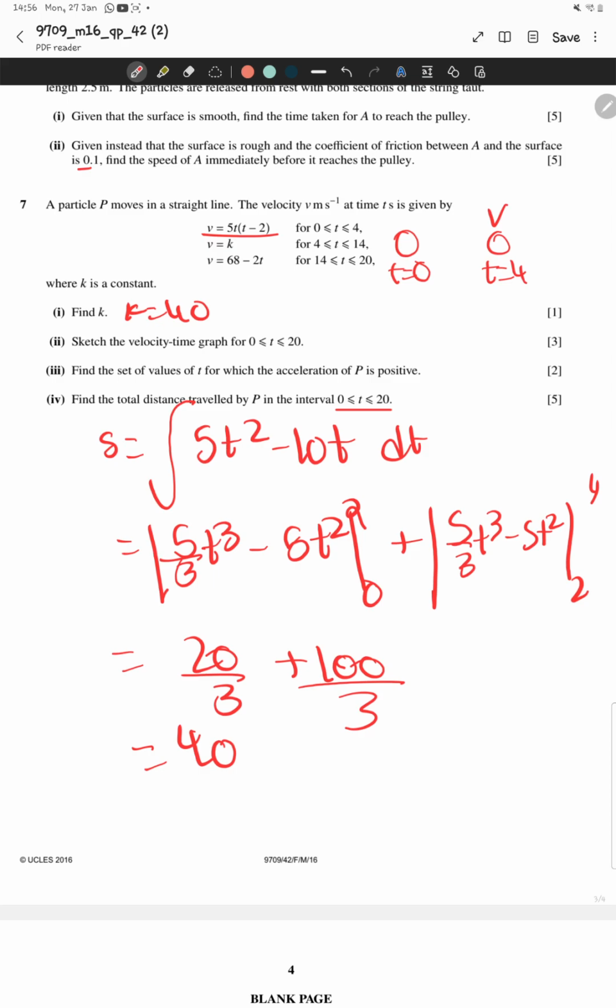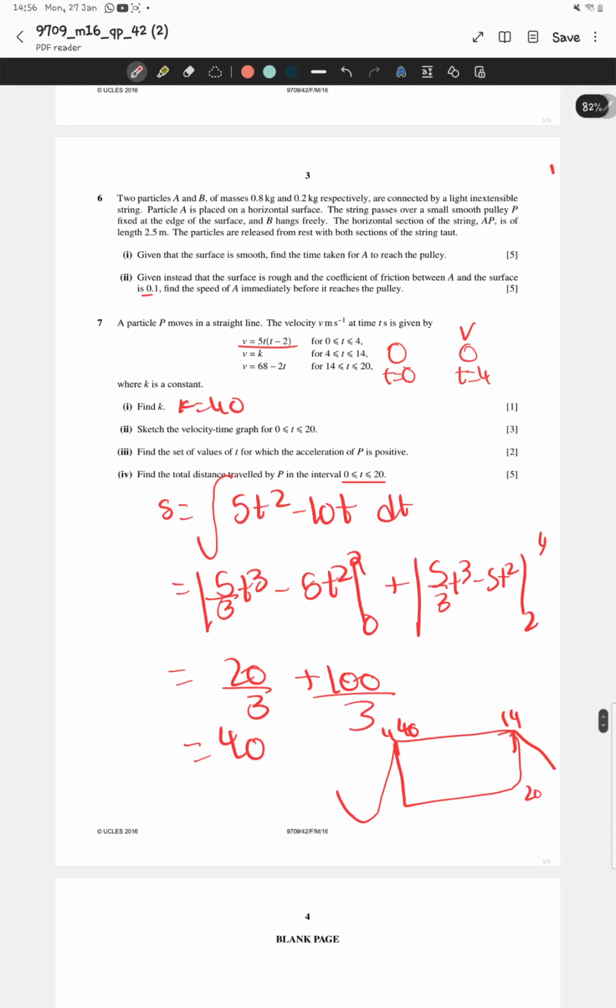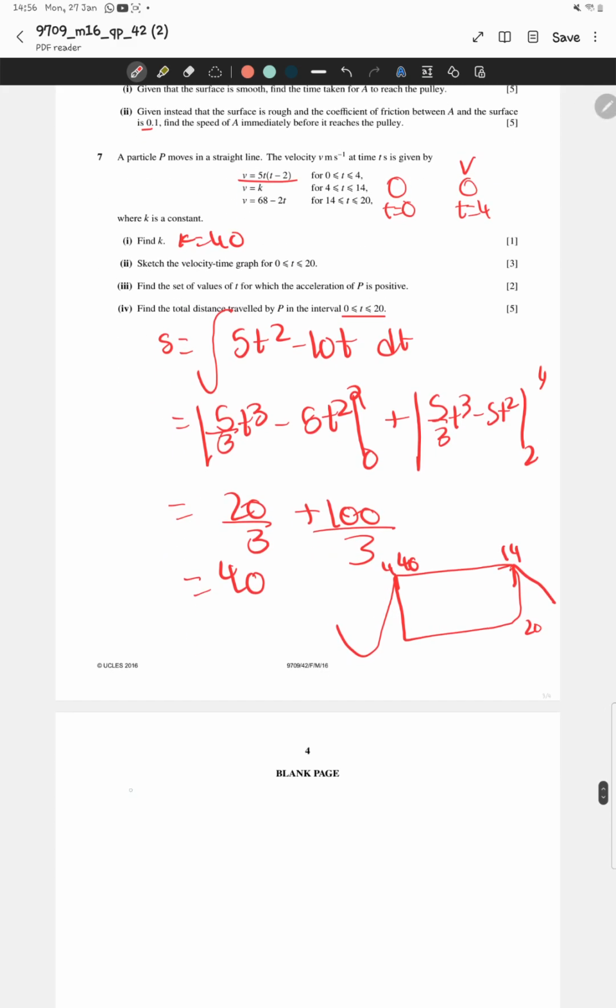And then if you want to find the area, because the graph is like this, right? This was 4, this was 14. And then there was a straight line from 14 to 20, sorry. The maximum was 40, so this forms a rectangle. You can just find the area under the graph, which would be 14 minus 4, 10, into 40, which is